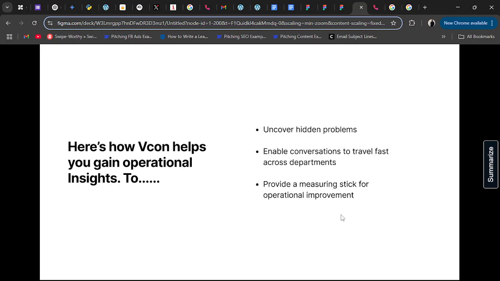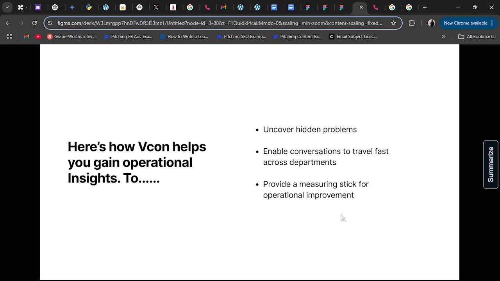In a world where tools are being created every day, as someone who runs a small organization, I'm of the belief that you need to utilize these tools in order to maximize operational efficiency and to further grow your organization. This helps prevent drain and overwork amongst our staff. To do this, you need to get insights. VCon is a gold mine for organizations if utilized properly.